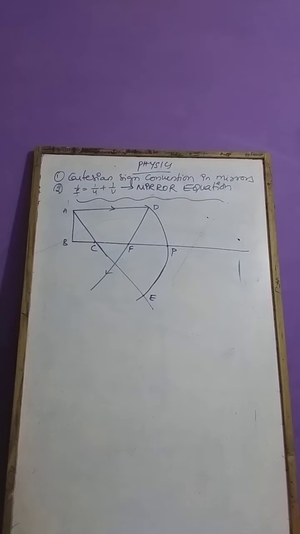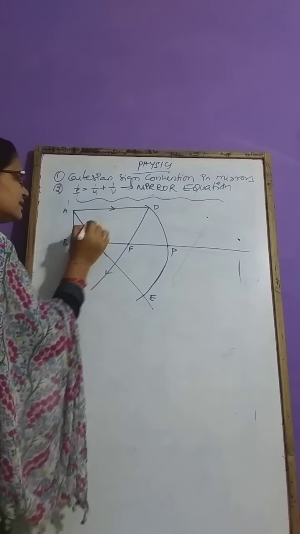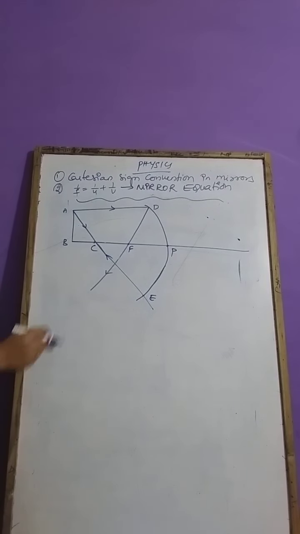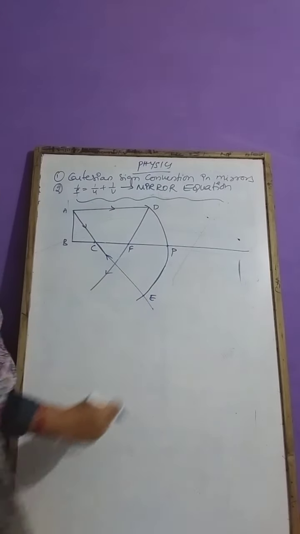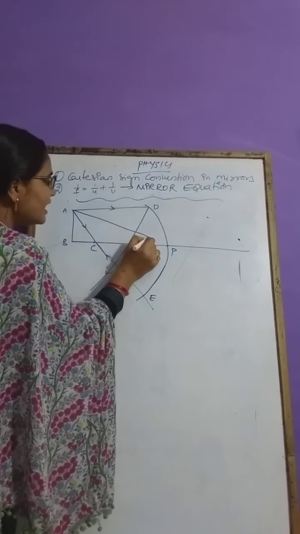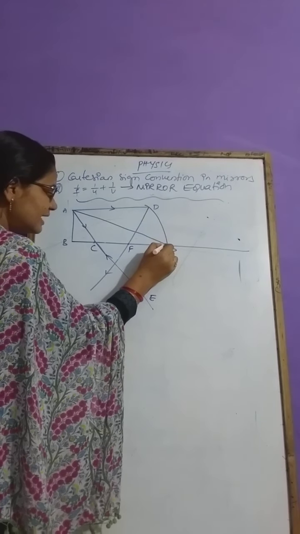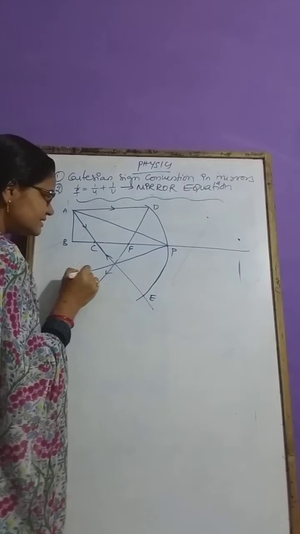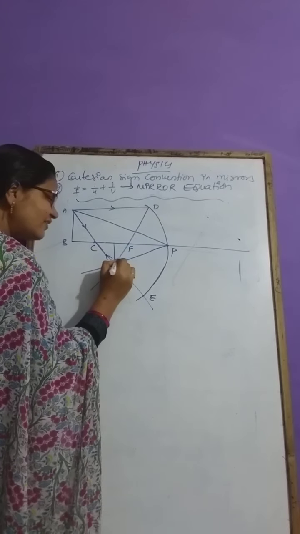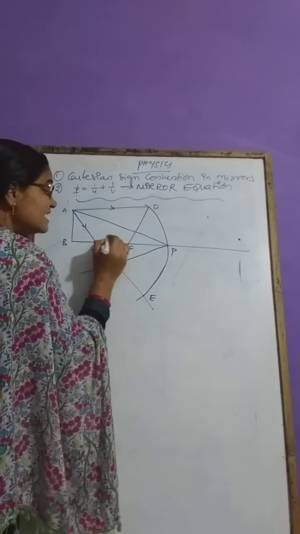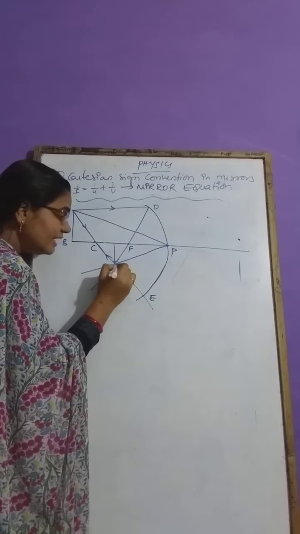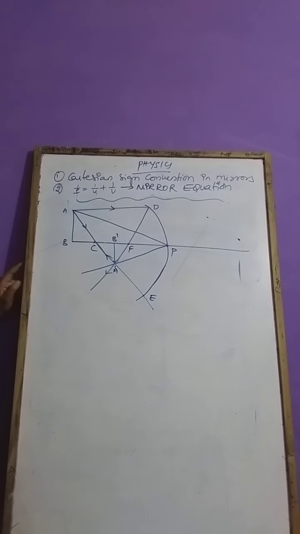Okay. Now similarly, let us assume the light ray that is passing through the center of curvature gets reflected back along the same path. After hitting the mirror, it gets reflected along the same path. Now let us assume another light ray that is coming from A and falling at the pole P, and after falling it again reaches the same point. The meeting of all these reflected rays is the image formed due to this object, and that image will be real, inverted and diminished.